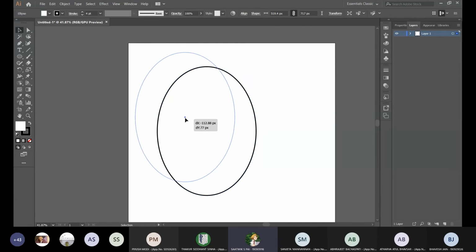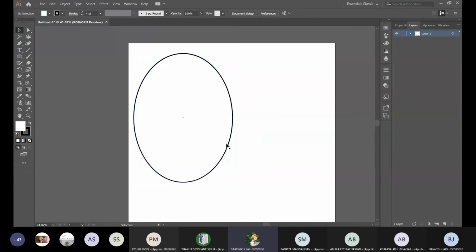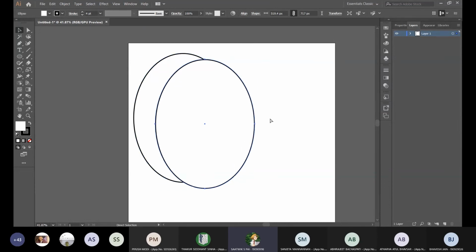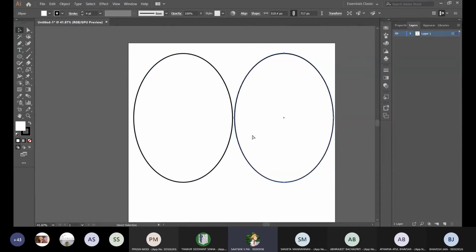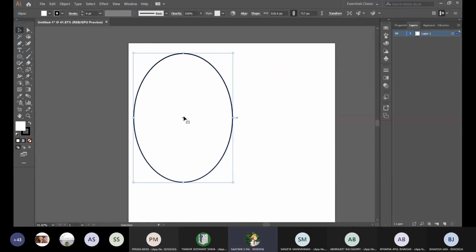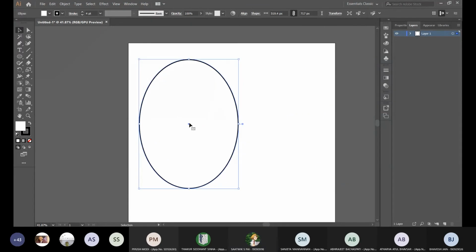Another useful thing you can do with the selection tool: in traditional ways, what would you do? If you want to copy paste, you hit Control C, Control V. But what Illustrator helps you do is you press Alt and drag.